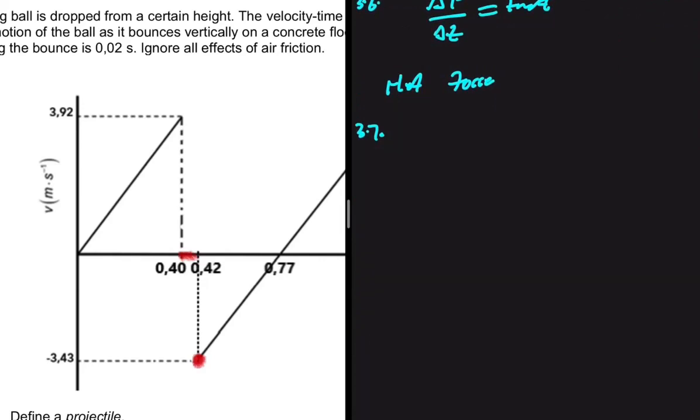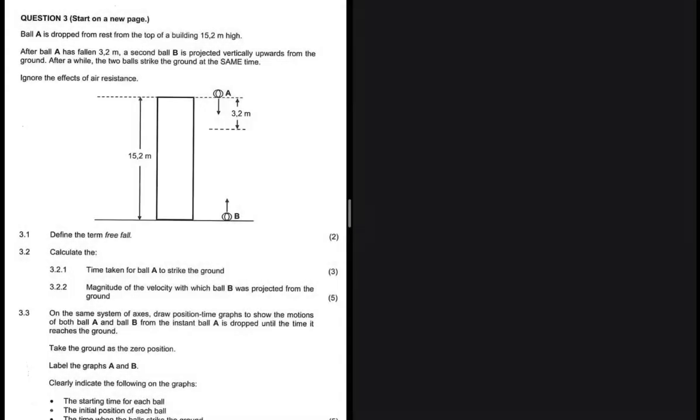So if we do that, we're going to have Fg. Obviously, free fall is the motion of an object where the only force acting is gravity. Right, so that is 3.1. Let's go ahead and do